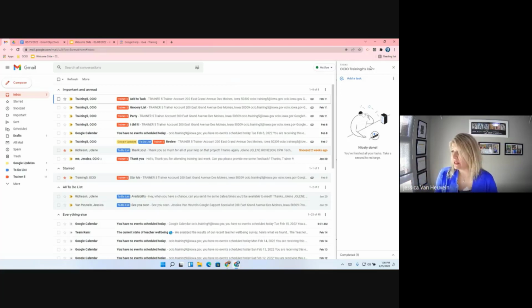And the very first thing I can do is just click on the Add Task option. And I'm going to add a task, prepare for training. So I'm going to add a title, because the task needs to have a title. And I'm going to type in prepare for training. All right. So maybe I have more details I might want to add. I better write some more details on this. So for example, I might want to say prepare for Drive training for Agency A,